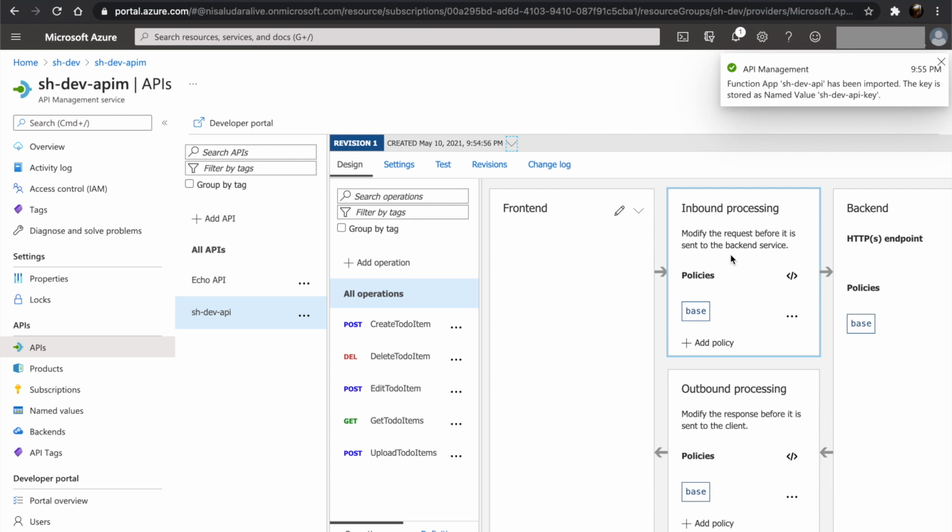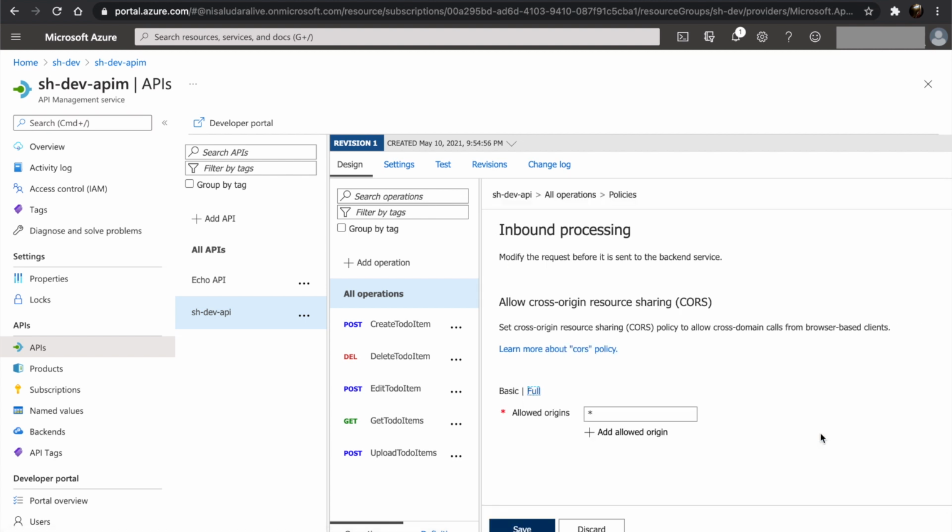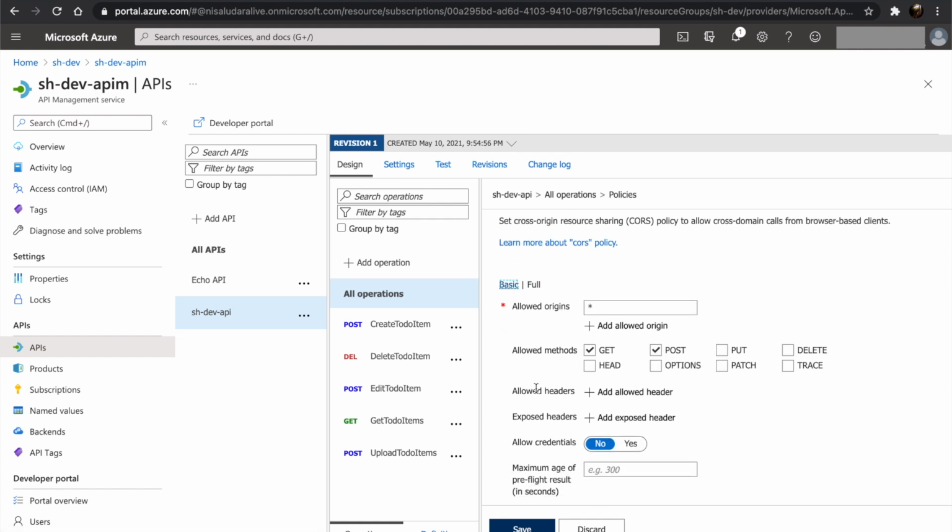Now we need to add a couple of policies into inbound processing. One is for course validation. The other one is for authentication token validation. Let's add the course policy. Click on add policy. Then click on allow cross-origin resource sharing. Go to full tab. Let's allow get, post, delete and option methods.